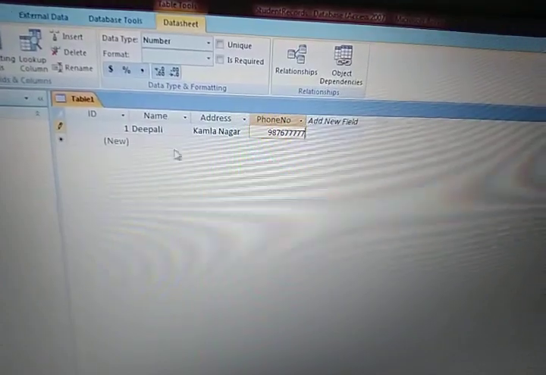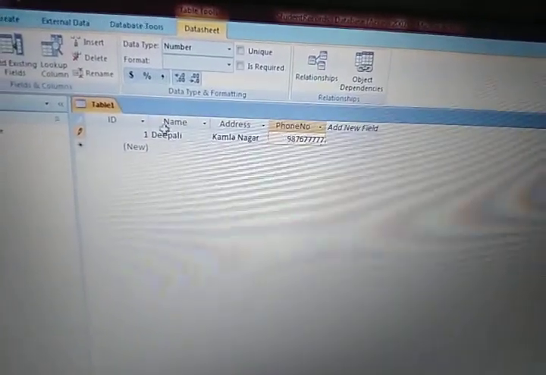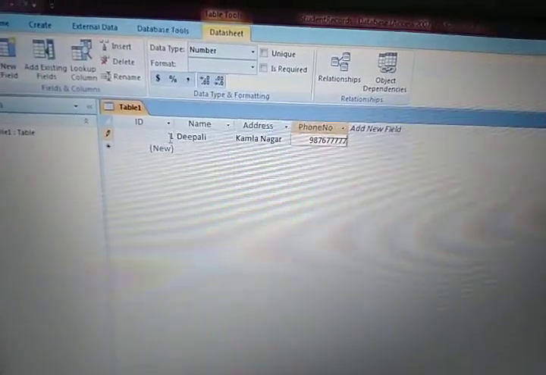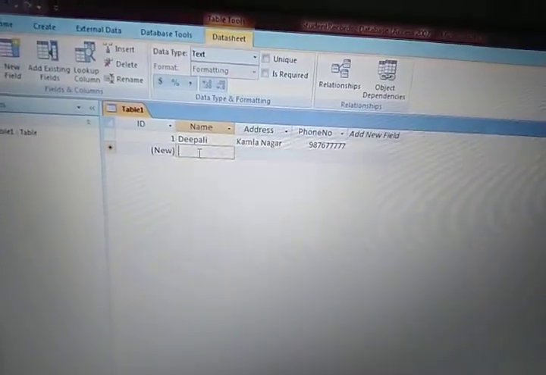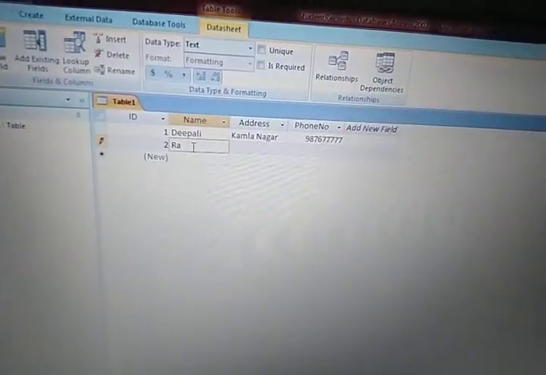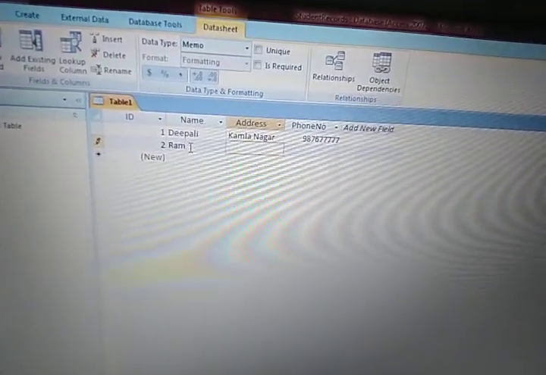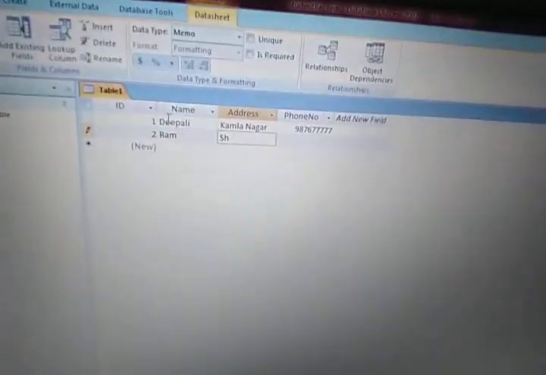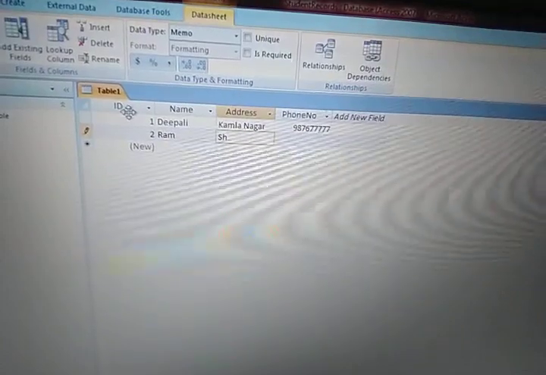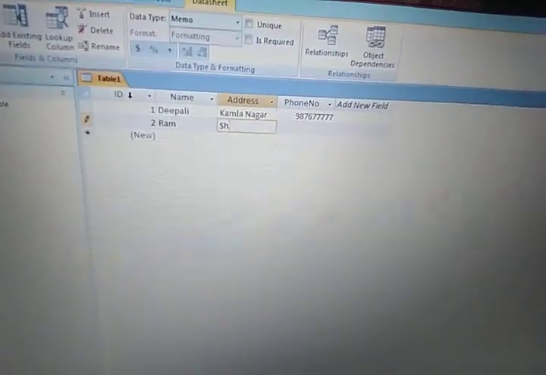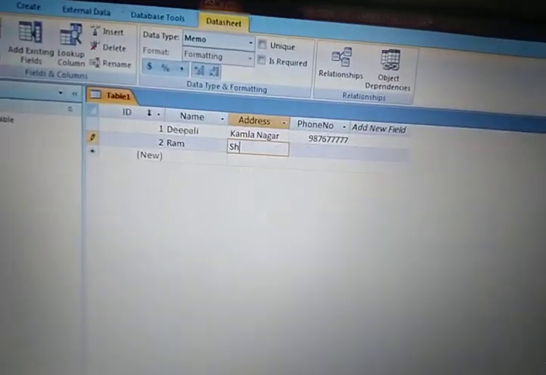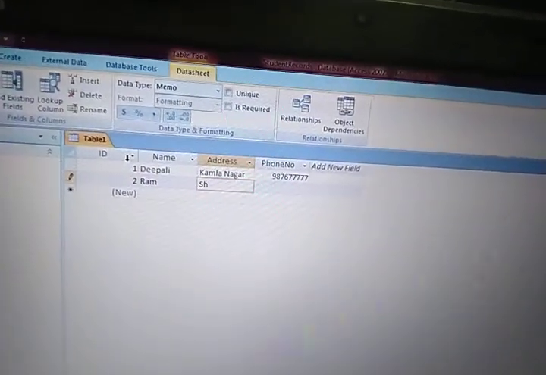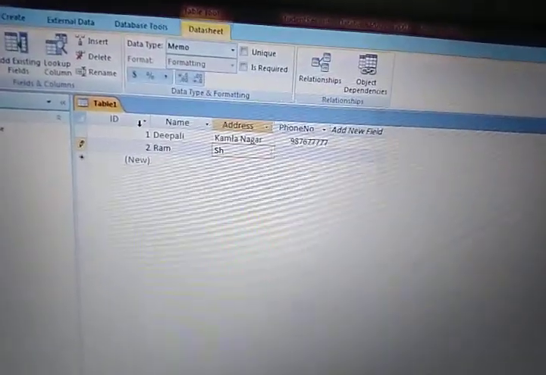Fine, students? See what you have observed over here. I haven't entered the ID over here. By default it has entered the ID 1, and when I enter the record in the second row, it will auto increment this ID field. What this shows is that your ID column is an auto incremented column in this table. So MS Access provides a default auto increment column. Fine, that means in MS Access the ID is by default auto incremented.